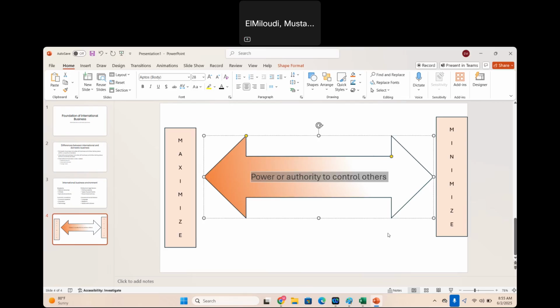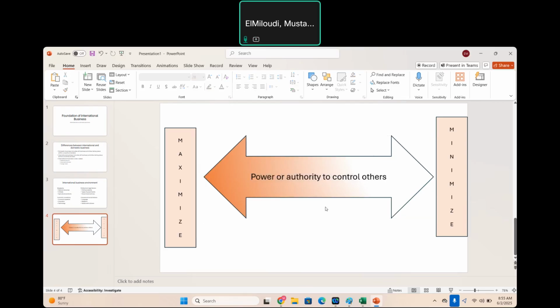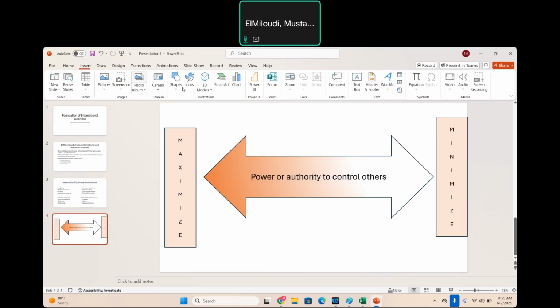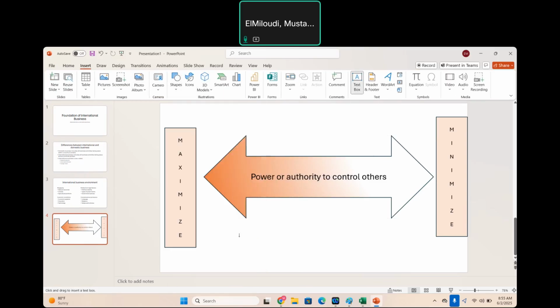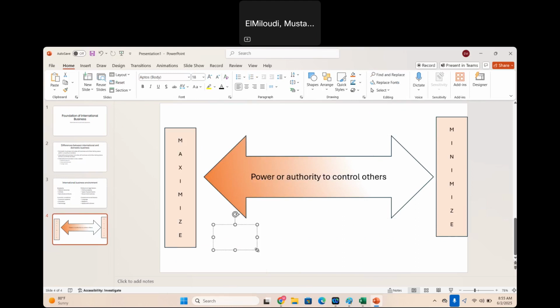Okay. And then I'm going to put some text in here. So I'm going to put text, and then I can use this text box. And I'm going to use one. So this is autocratic. So when you maximize the authority, basically micromanage. So this is kind of autocratic type of management. So I'm going to copy this, and then I'm going to use one right here in the